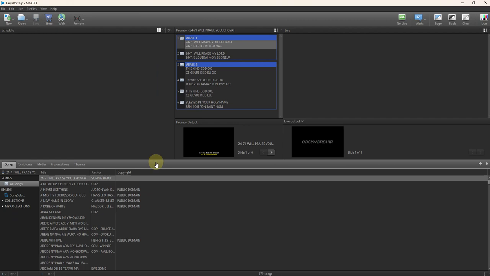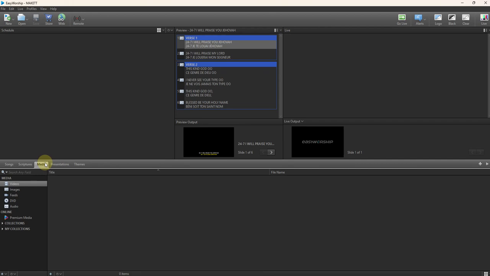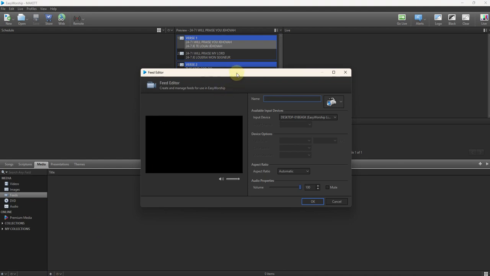just like you do in OBS or any other software, you have to add your camera as a feed or as a source in EasyWorship. And that is how we do it. First of all, you go to media, and then when you have opened media, look for the feed tab. And then when you have clicked on the feed tab, you click on the plus sign, and then your